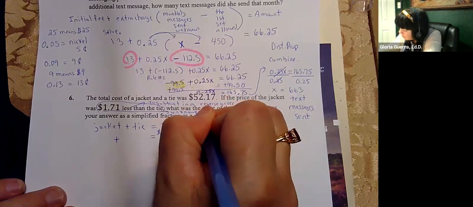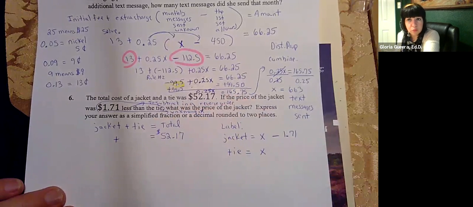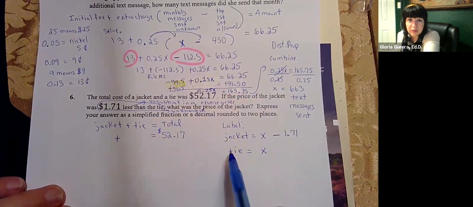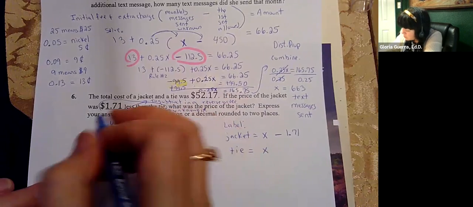The tie is going to be X. We don't know what the tie was. They didn't tell us anything about the tie, so somebody's got to be the unknown. So the tie is the unknown, X. So you do your substitution,